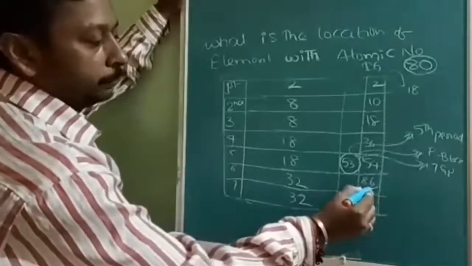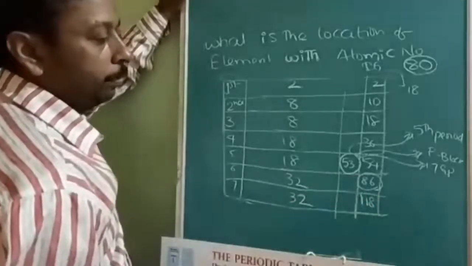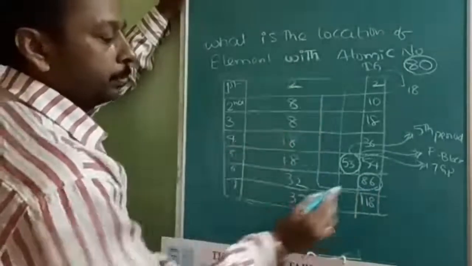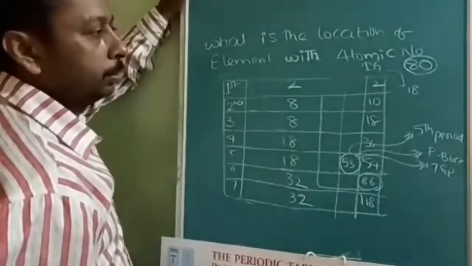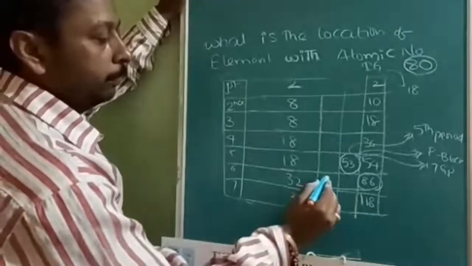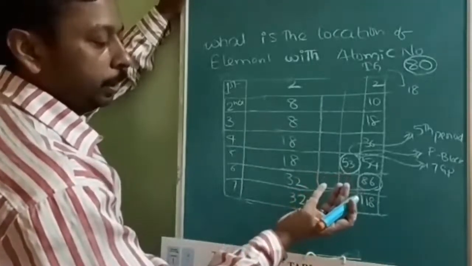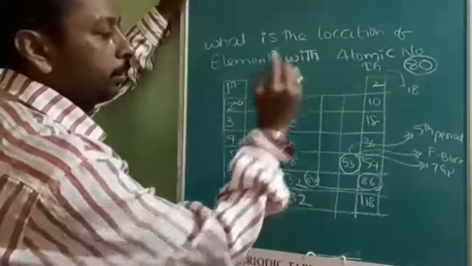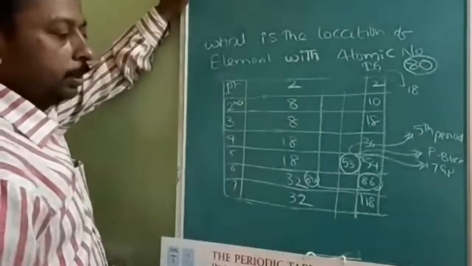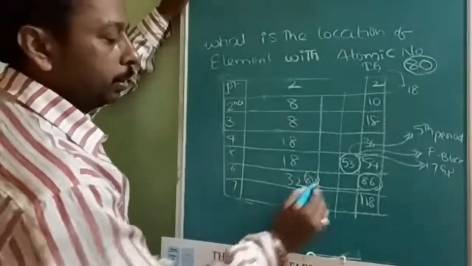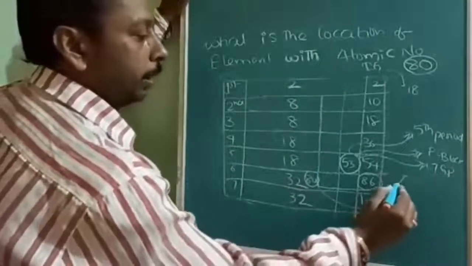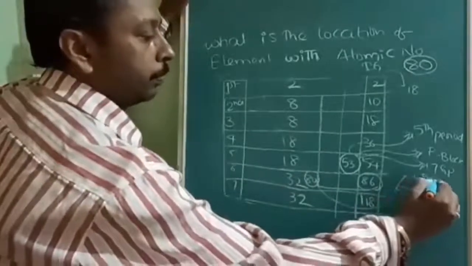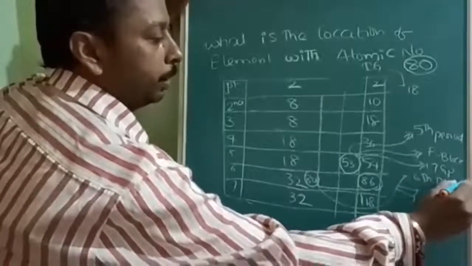See, for this I will take the help of 86. Up to 6 elements will be P block. So that means 81, 82, 83, 84, 85, 86. So 80 will be the last element of the D block. Okay. 80 will be the last element of what? D block. So I am writing all together here. Period will be the sixth period. It is going to be the sixth period.